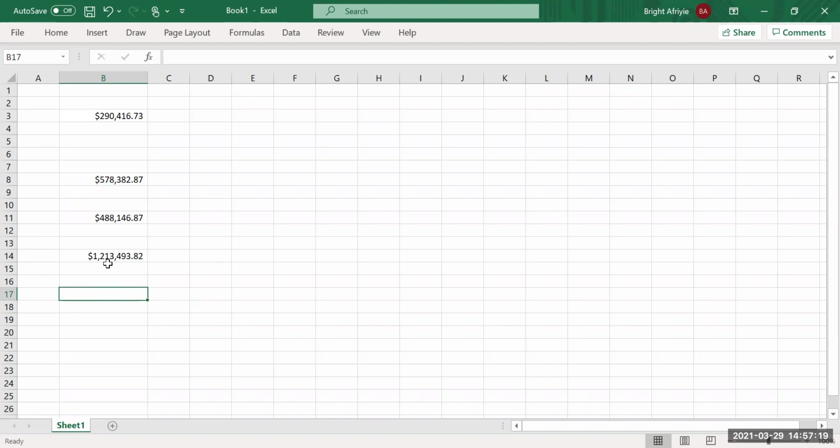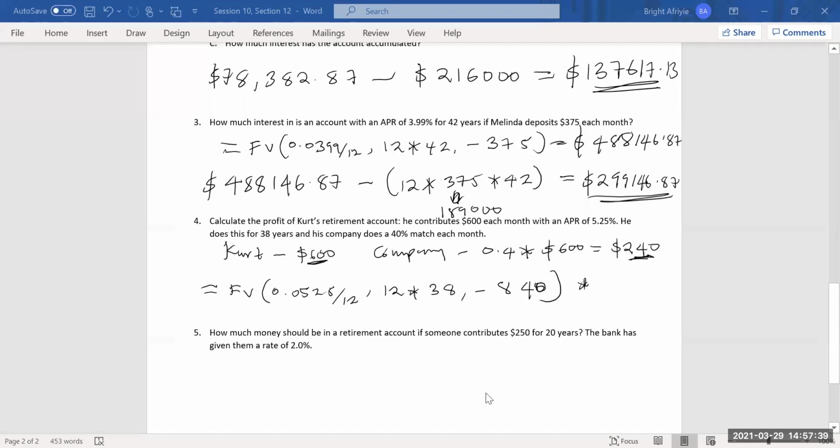Good money, isn't it? So 1,213,493.82. Okay, so that is how much goes into Kat's account. So let's see here. All right, so that amount is already there. So this is what Excel gave us, right? Now we want to know the profit. Okay, so to know the profit, we are going to do the amount Excel gave us, which is